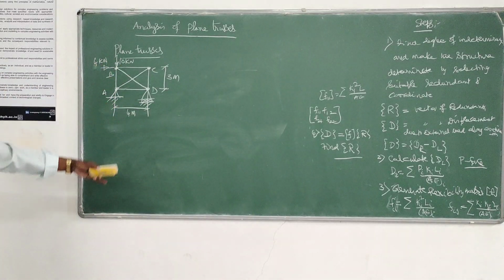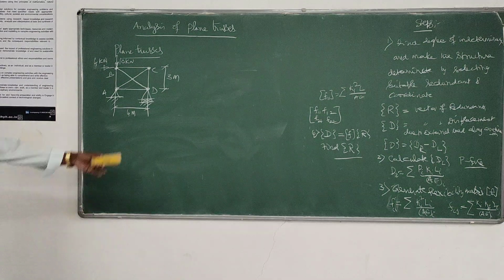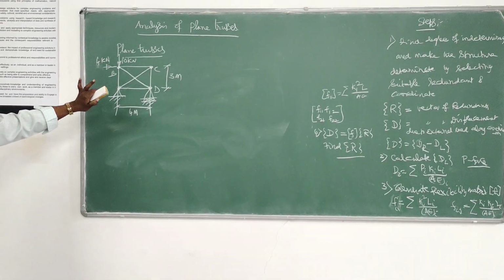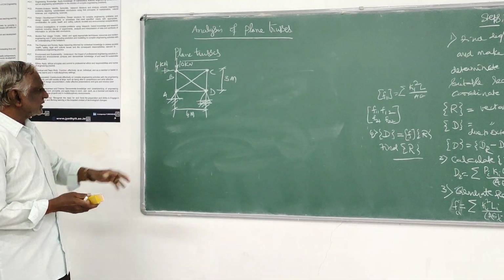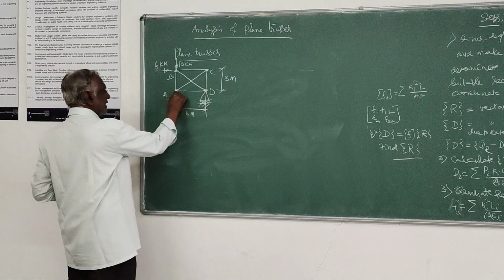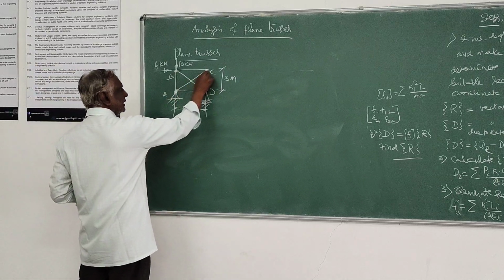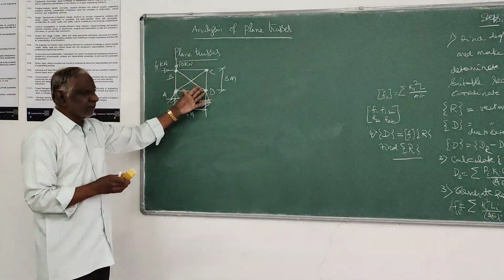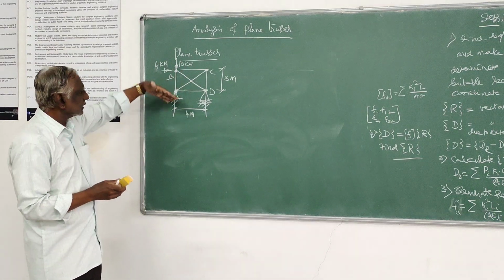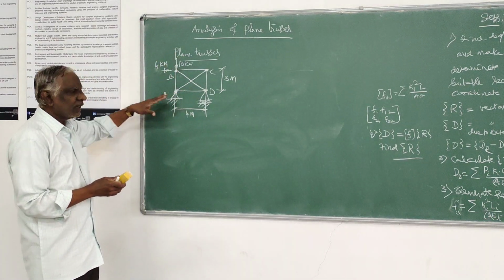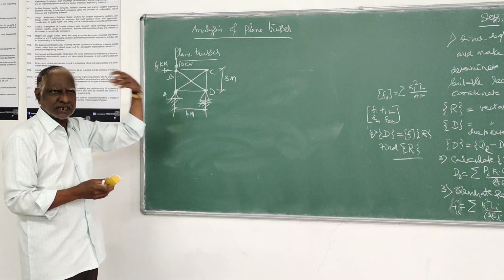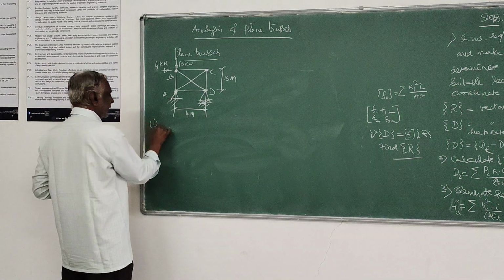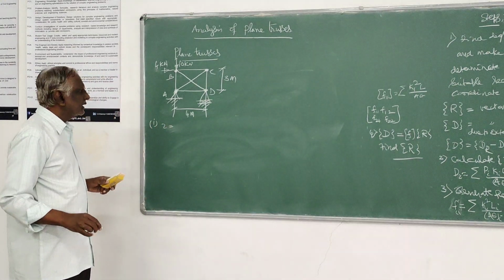So let us take a simple problem like this and follow that particular step. Make sure you first identify the structure, whether it's a plane truss or not. Naturally, if they show each joint with a dot like this, it indicates a single joint. So each member is interconnected by pin joint, all members lie in one plane, and all are line elements. So naturally it is a plane truss. So that you are identifying, and you can determine the degree of indeterminacy straight away.